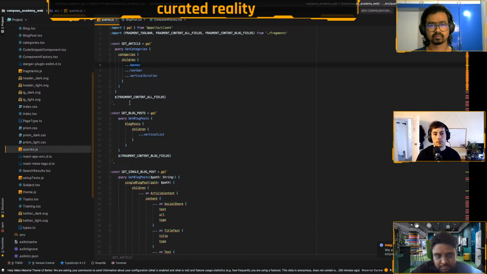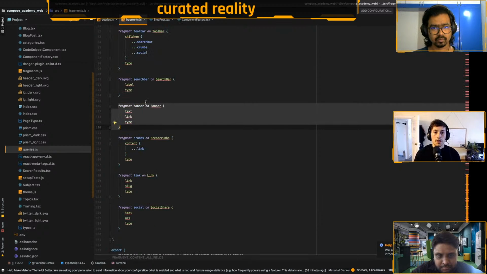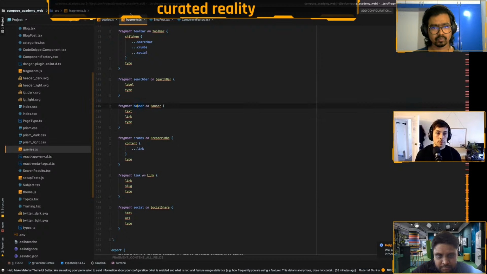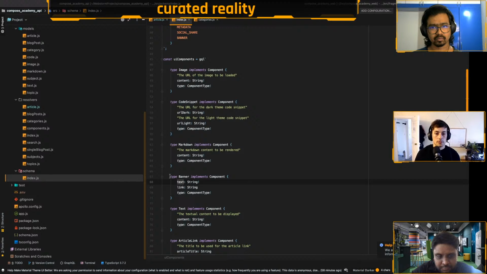So when it comes to the display of the categories, again, we use the banner as an example. We are using these things called fragments in GraphQL, which are essentially reusable query components. On our API, we define this type of banner, which has a text, link, and a type.